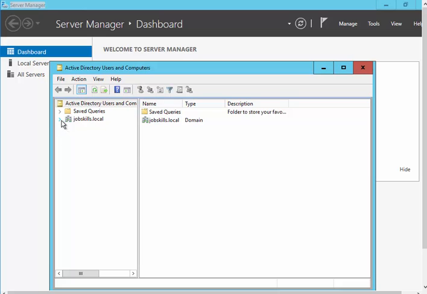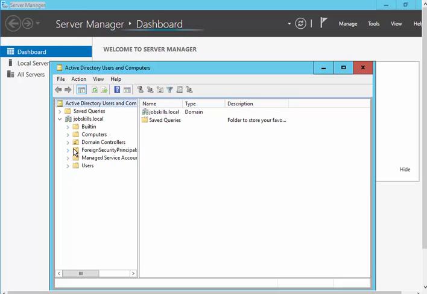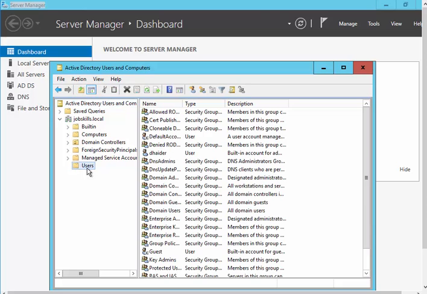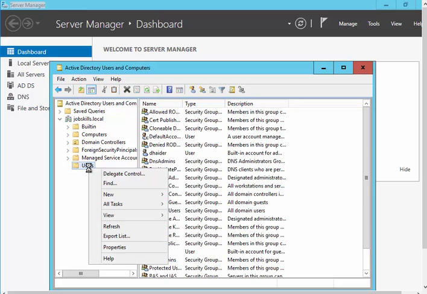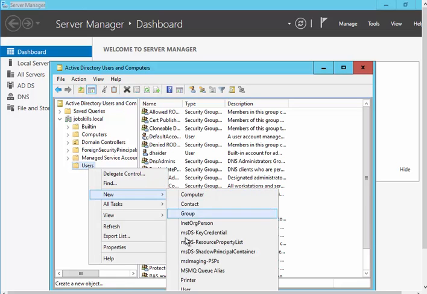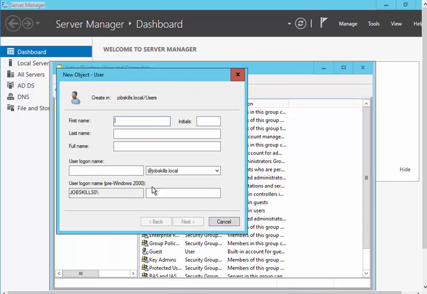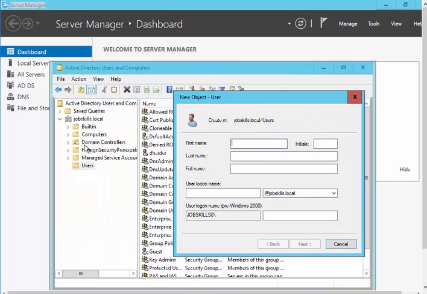That's our company, right? So in our company we have HR. They created a ticket. Now it's your ticket, right? The first thing you need to do is to create a user for that new person. So you go to users, and here you will right click on it and click new, and then click on user. Now it depends on a company how they set up this environment. This is a planning kind of thing, so you're not doing that, but it will be already pre-planned where they want the user to be. It could be a really big company and they have like different folders in there, OU folders and all that.